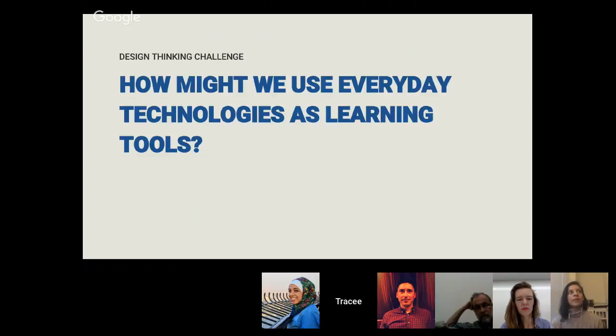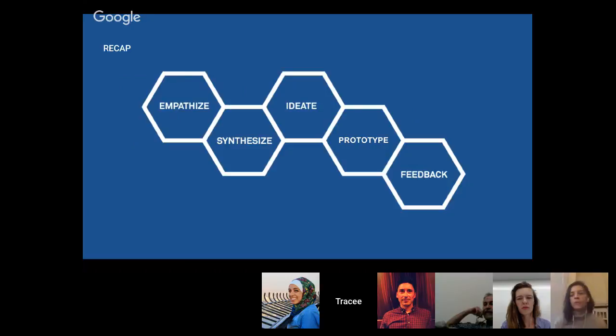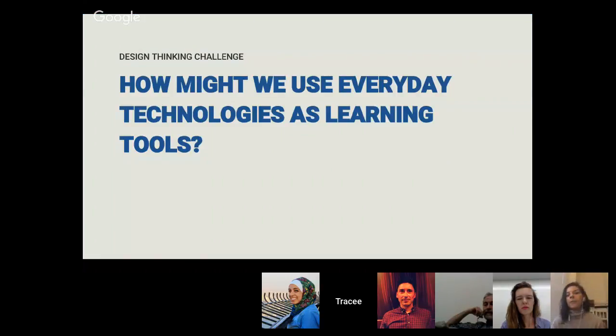So we want to lower the barrier to access and discovery and create things using technologies that people are familiar and very comfortable with. So think of everyday technologies that you might use. It might be Facebook, it might be Twitter, might be a range of things. How might you build on top of that to actually build an innovative new solution?